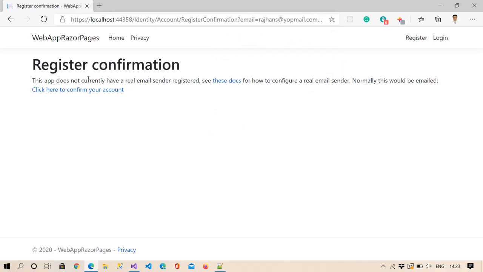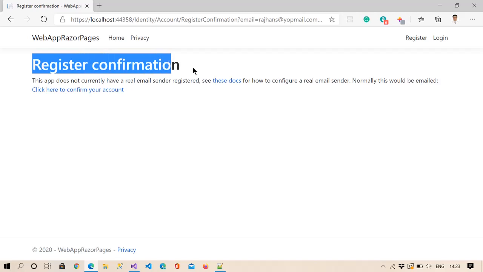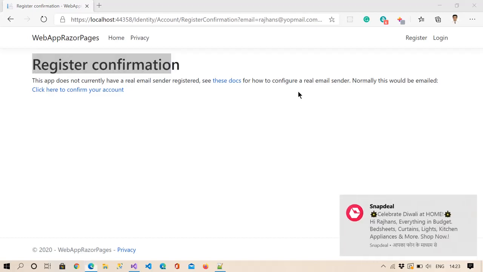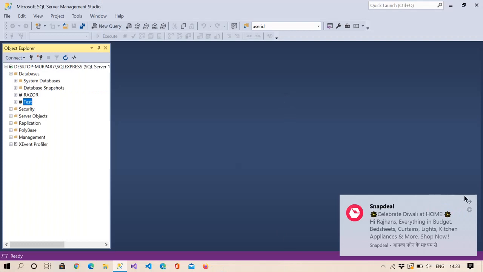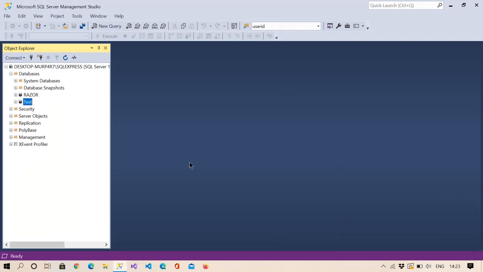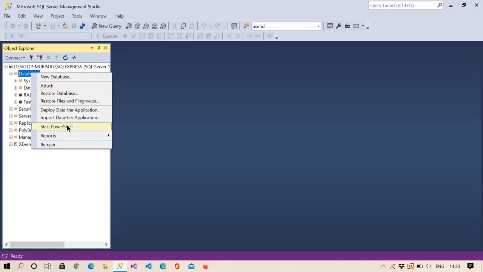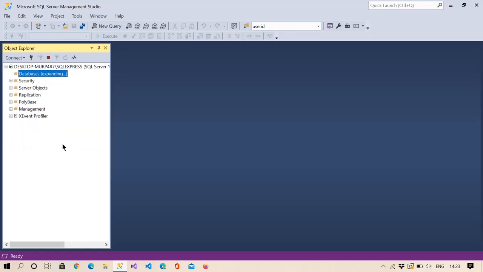Now you can see the register confirmation. The app does not currently have a real email sender registered. See the docs for how to configure a real email sender. So basically it is saying the registration process has been completed. Let me refresh this section here.